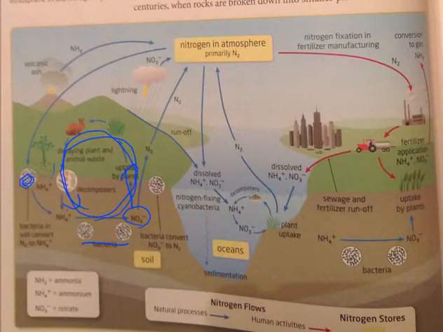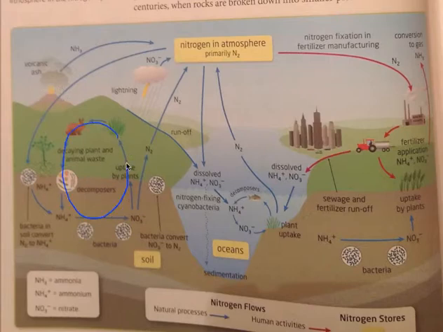Okay, so don't get really confused by this diagram. You won't need to know everything. You just need to know that there are little mini cycles that exist. So you have one little mini cycle here for nitrogen. And then the same thing with the water. You have nitrogen that this bacteria uses. This bacteria is like this one here. And then plants take it, and then you have a little cycle over here. So you have a cycle here, you have a little cycle here.